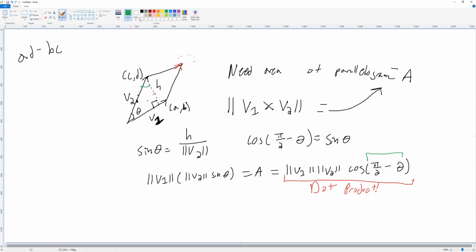So we're taking the dot product of this vector right here with, or really, it doesn't matter which way I point it, but we'll say it that way, with this vector right here. I really should point it the other way, but we're taking the dot product of this vector with this vector. And this vector is going to be given by negative B, A. And if you remember from your geometry,